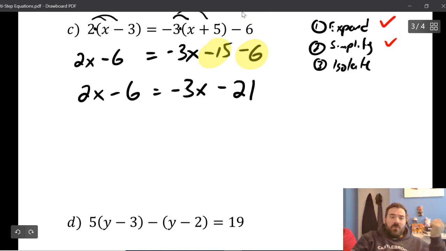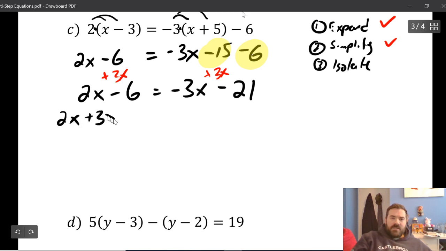So now we're moving on to the isolation phase. We want to isolate the x terms by themselves by getting them all on one side. So we want all these x terms on one side and all the non-x terms, all the constants, on the other side. Again, it doesn't matter which side we decide to put the x terms on. I'll put them on the left side. So I want to get rid of this negative 3x. How do I get rid of a negative 3x? Well, I add 3x. And whatever I do to one side, I do to the other. So we end up with